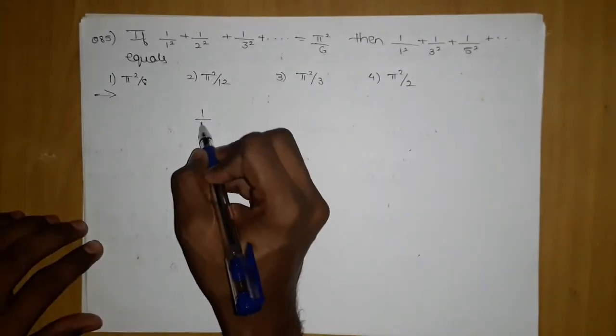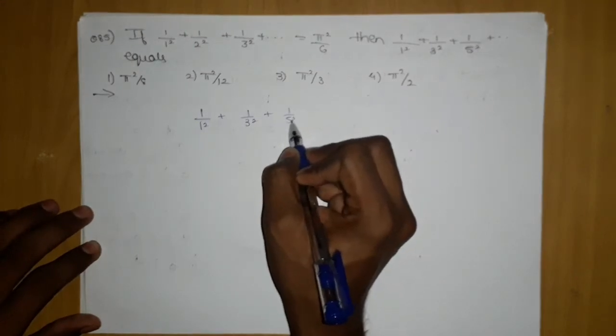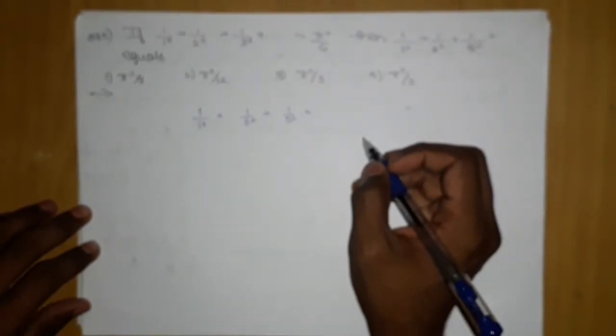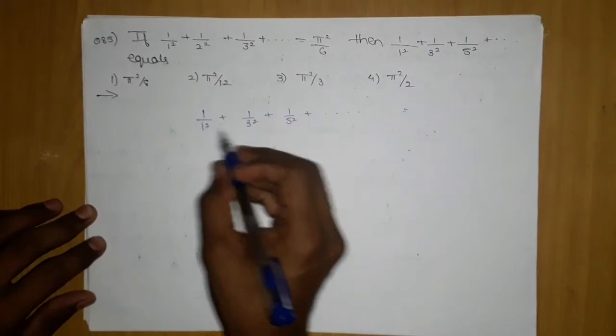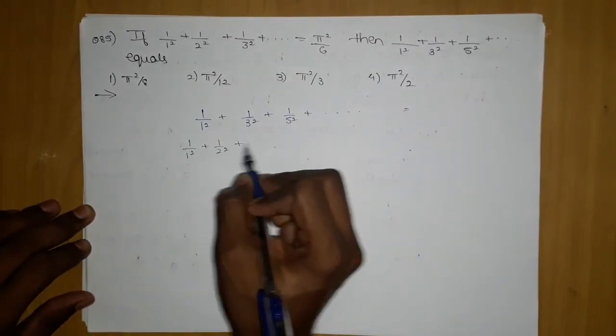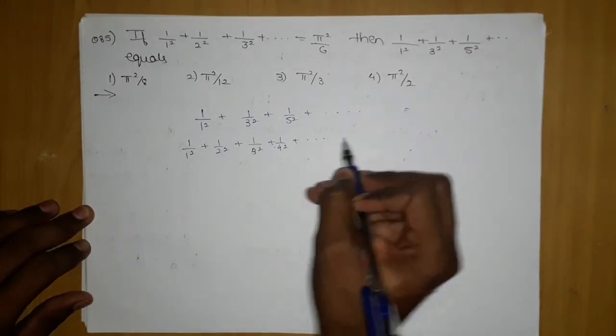If you look at our previous problems, the ones you used to do at the start of the lecture, then you will easily make out how to solve this problem. The given series is 1 upon 1 square, 1 upon 3 square, 1 upon 5 square and so on, whose value we want to find. Since it is the sum of the squares of odd natural numbers, we will add the missing numbers. This was the basic concept: if I add them, then I also have to subtract them. 1 upon 4 square, and so on.